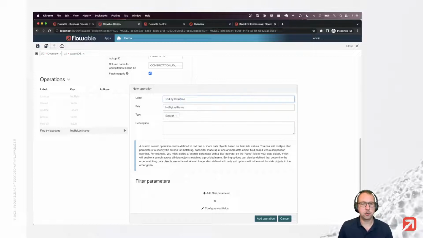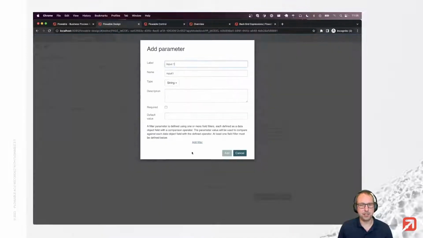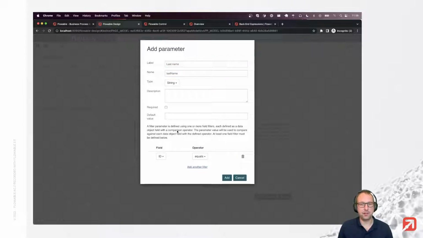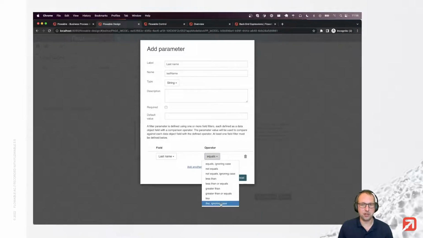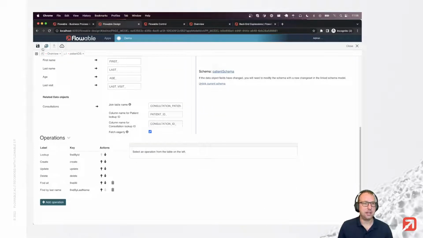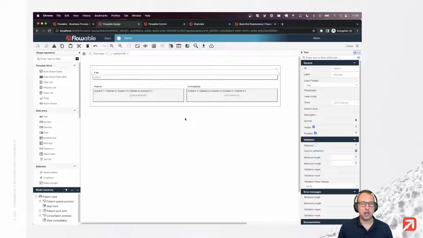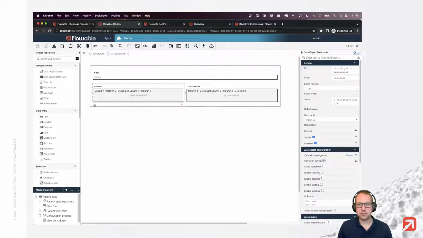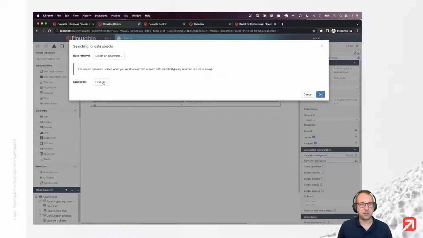Oh, that's a search operation. Add a filter here. Say this is last name input filter string. When I use it, I actually want to filter in my database on the last name using the operator like, ignoring any casing. Save this, go back to our page, patients here, and now let's swap, instead of the find all, let's go